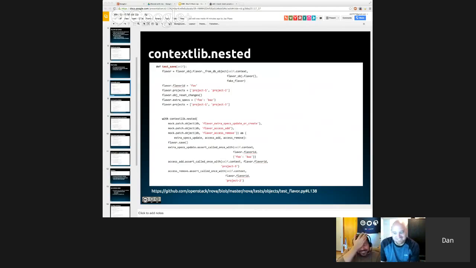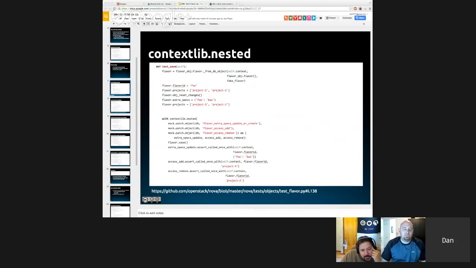It's worse. Okay. But this is one way of doing it. It's using the contextlib.nested abomination. Oh, sorry, context manager to mock multiple objects